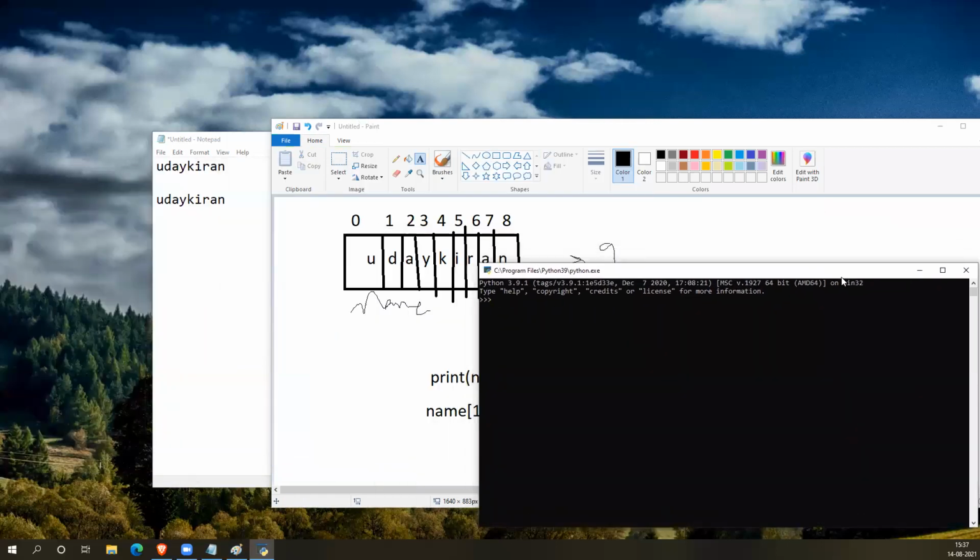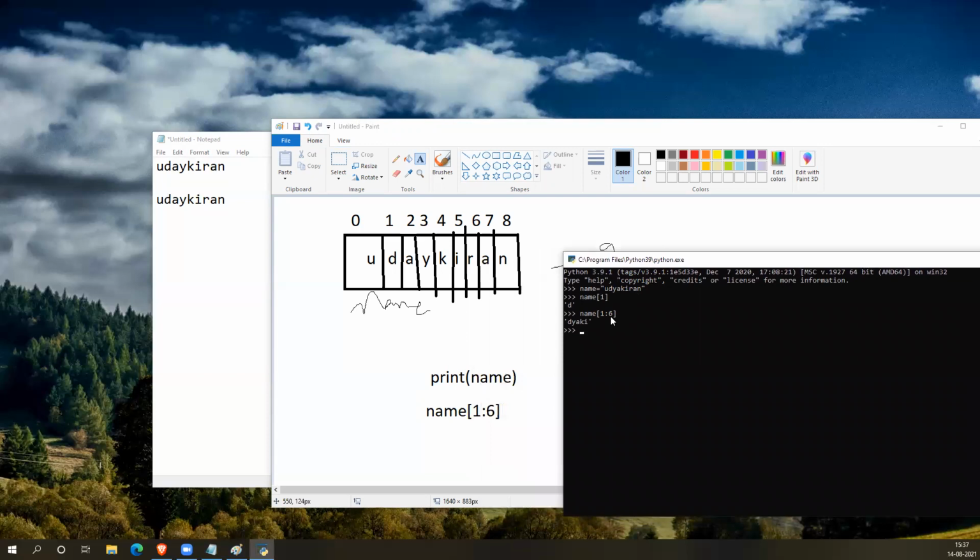So let's say name is equal to the string. In interactive mode, it will just show the value. The spelling I mismatched here, but no problem. Name of 1 will print me D at index 1. Let's say I get name of 1 to 6.